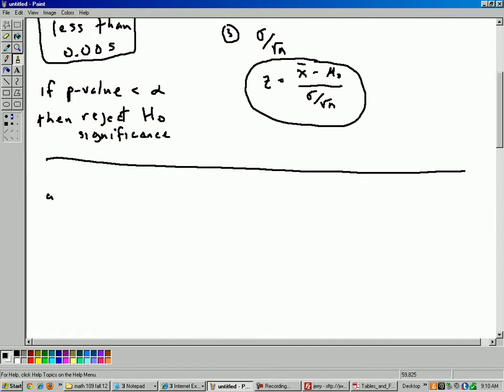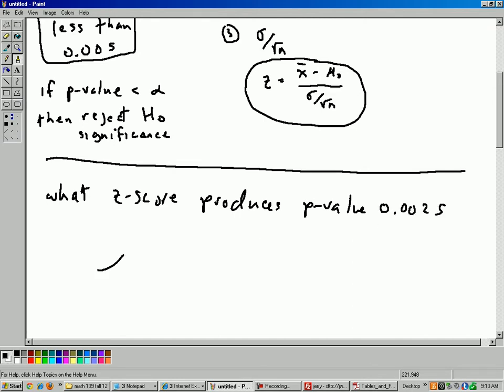So what z-score produces a p-value of 0.0025? So now let's just take a look at one of the tails. So here's our normal curve. So let's do the negative end because it's easier on the table to find the negative numbers. You don't have to worry about subtracting from 1. Okay, so what is that z-score that gives you 0.0025, which then when you times by 2 would give you